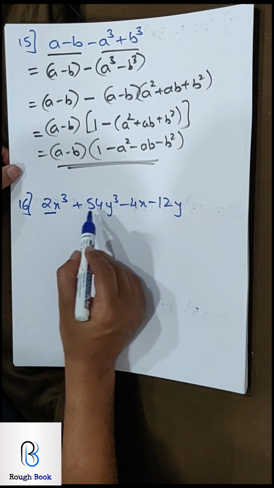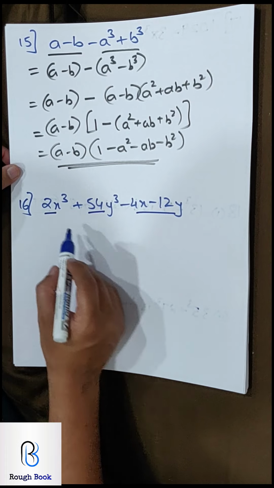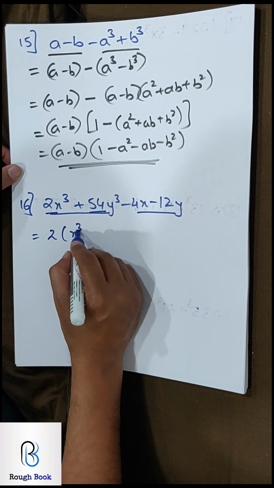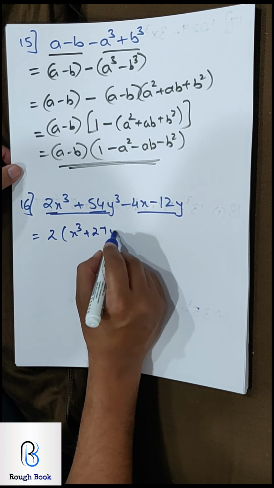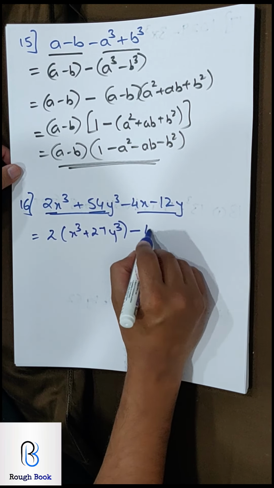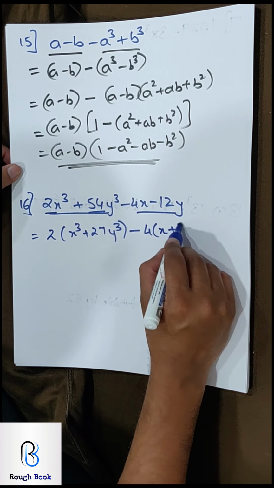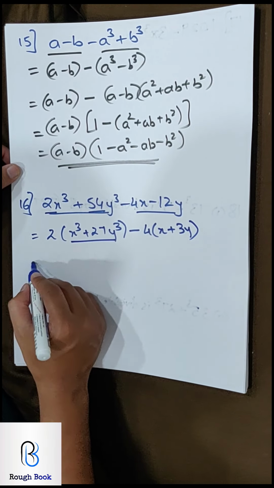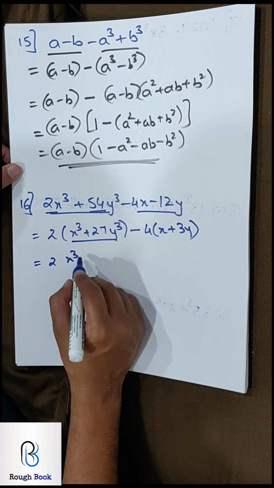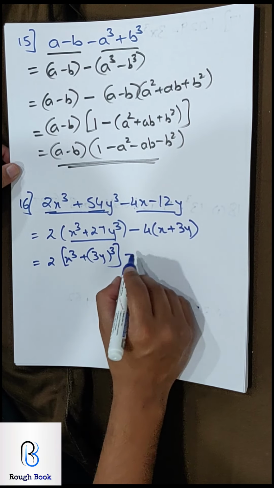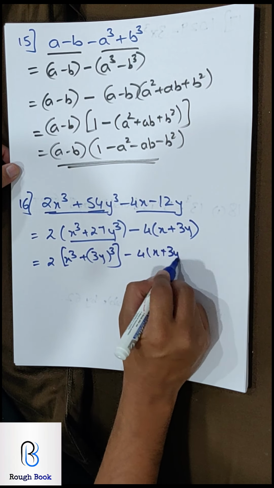Okay, this seems to be one part. Second part, what are we going to do in the starting part? Absolutely, pull 2 common, so x cube plus 27y cube. Here I can pull 4 common, so x plus, because minus is out, 3y. Right? This also can be written as x cube plus 3y the whole cube. Putting it in bigger brackets for my convenience.